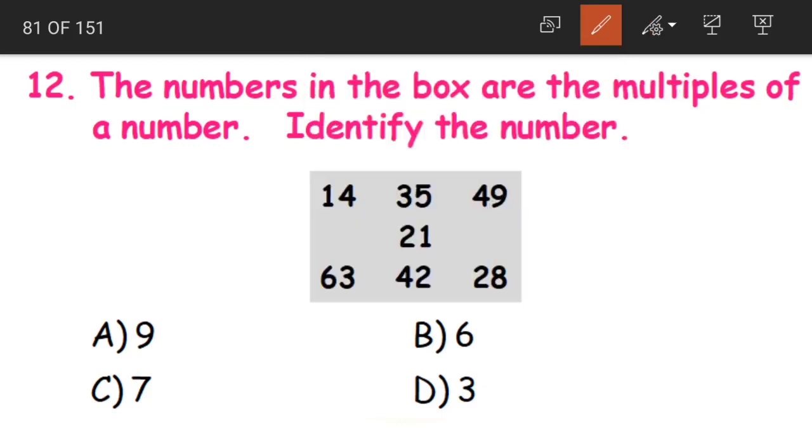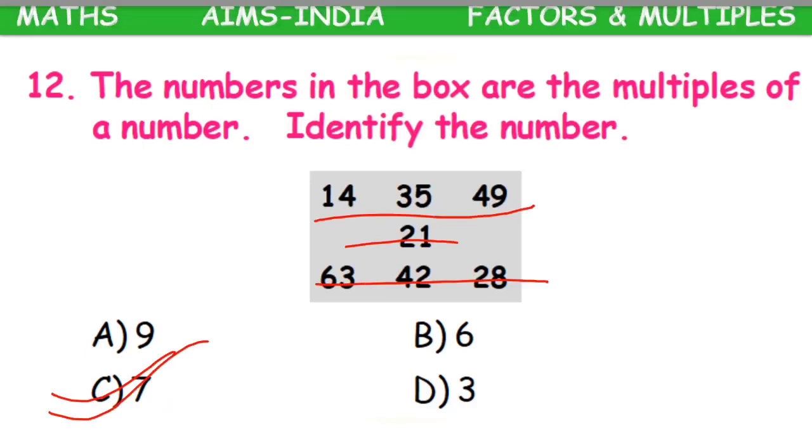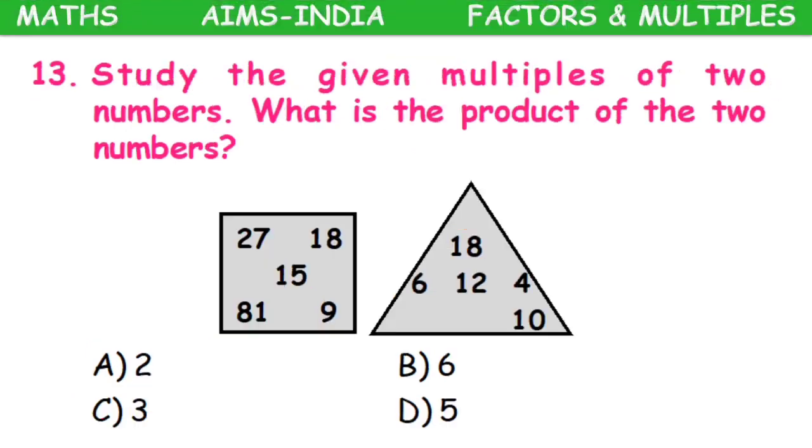These are the multiples of what? We have 7 twos are 14, 7 threes are 21, 7 fours are 28, 7 fives are 35, 7 six are 42, 7 sevens are 49. Yes, children, 7 nines are 63. So all the given numbers are multiples of our number 7. All the given numbers are divisible by 7. So they are our multiples of 7.